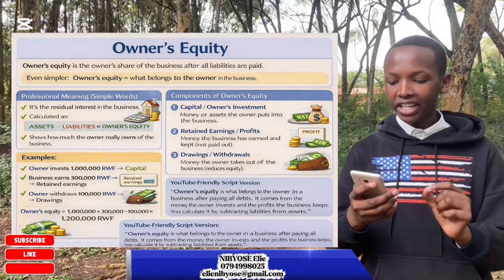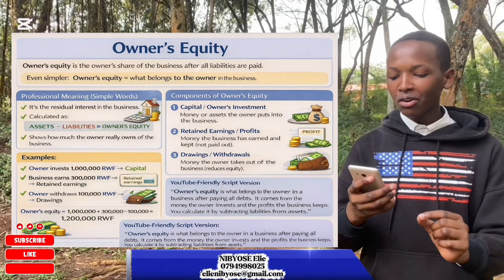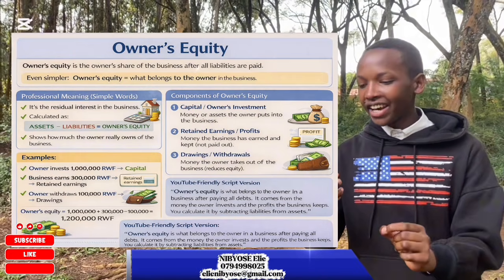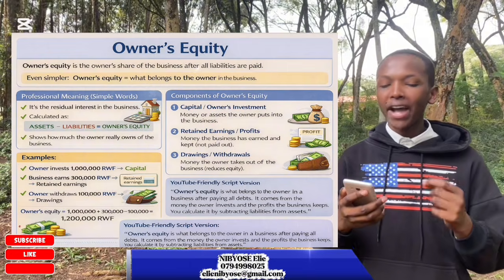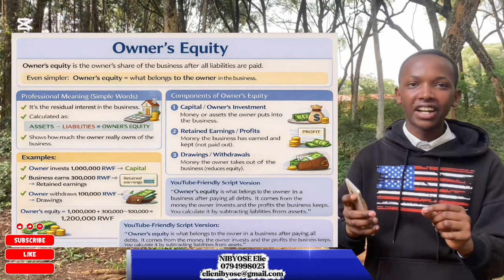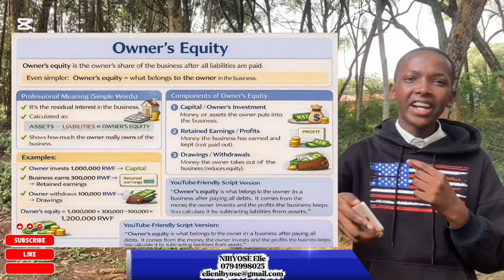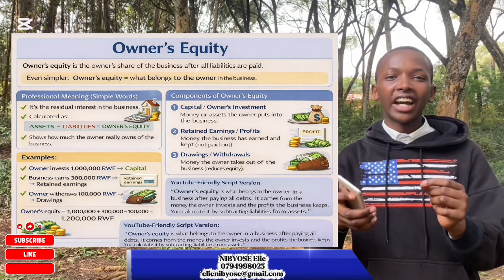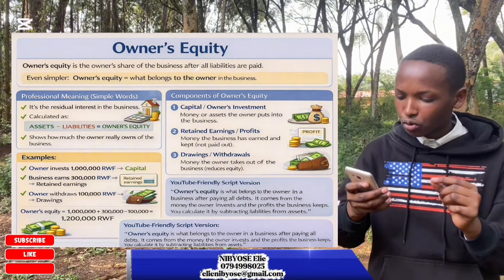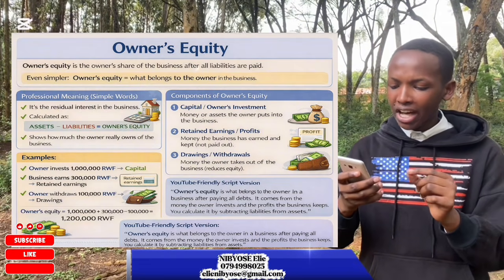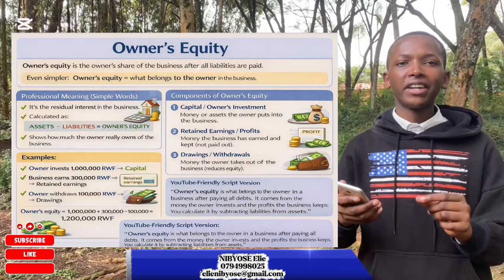Owner's equity equal to 1 million as a capital plus 300,000 as retained earning minus 100,000 as drawing, because that money owner take and use it for his or her personal use. So owner's equity equal to 1,200,000